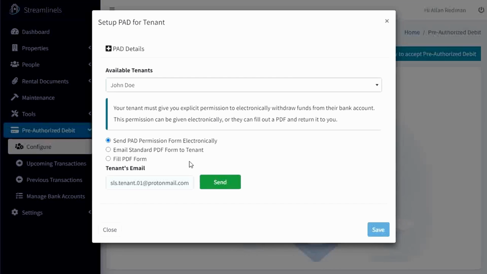If you don't want to do that, you can go with email standard PDF form to tenant and click send. That will send an email to the tenant, which just has a standard pre-authorized debit permission form that he can print out, fill out, and give back to you. So this is more of like the traditional way of doing things. Maybe he wants to return it with a void cheque. I don't know. And then once that happens, once the tenant gives that back to you,